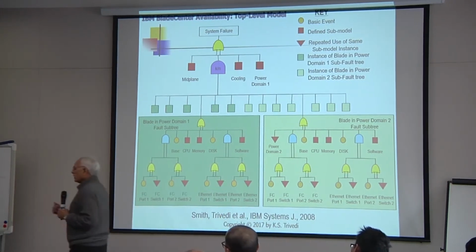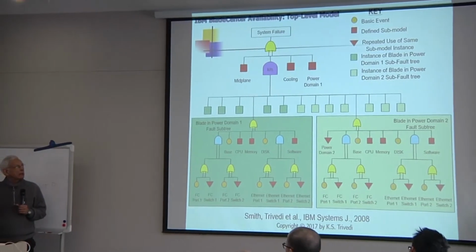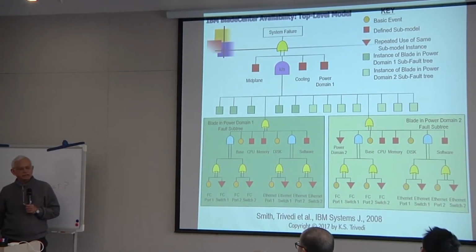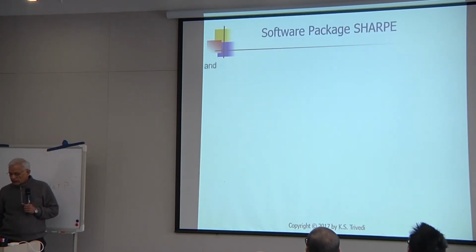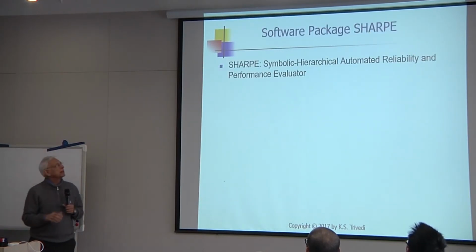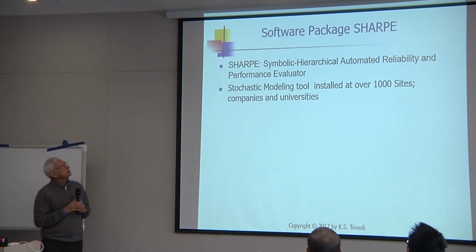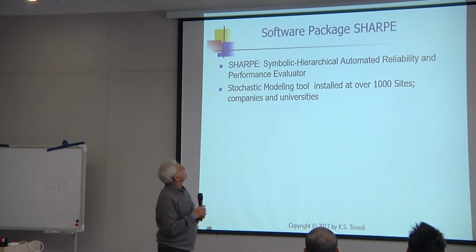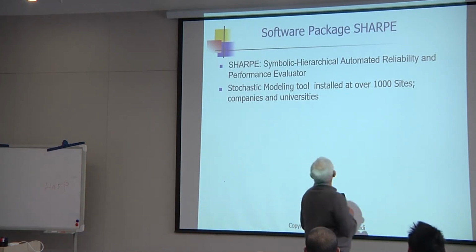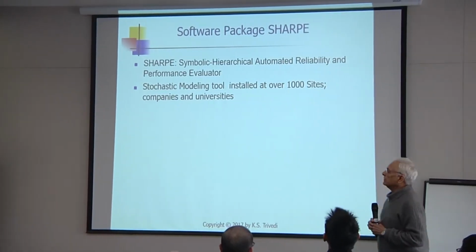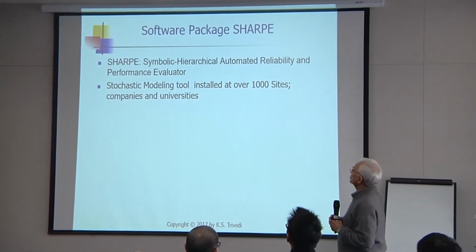So the power of these model types is that you are able to solve large systems. Only difficulty is you're assuming independence. Now, these things are incorporated in the tool that I mentioned, SHARPE, which stands for Symbolic Hierarchical Automated Reliability and Performance Evaluator. And it is a formalism that allows you to specify many different model types like I showed you, and